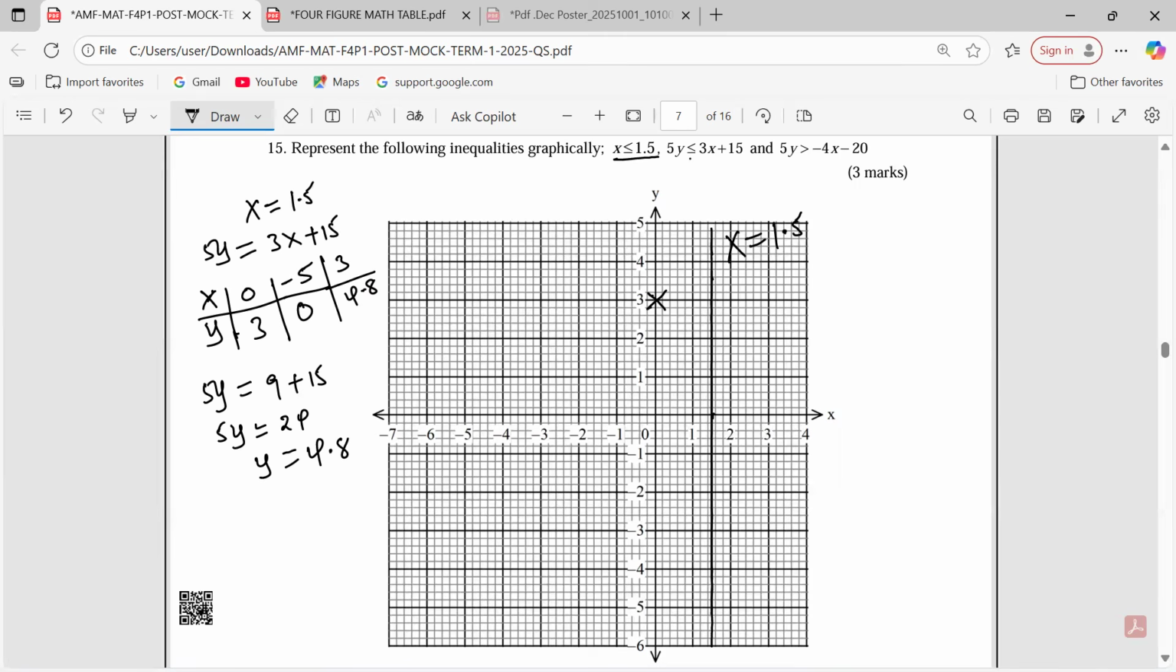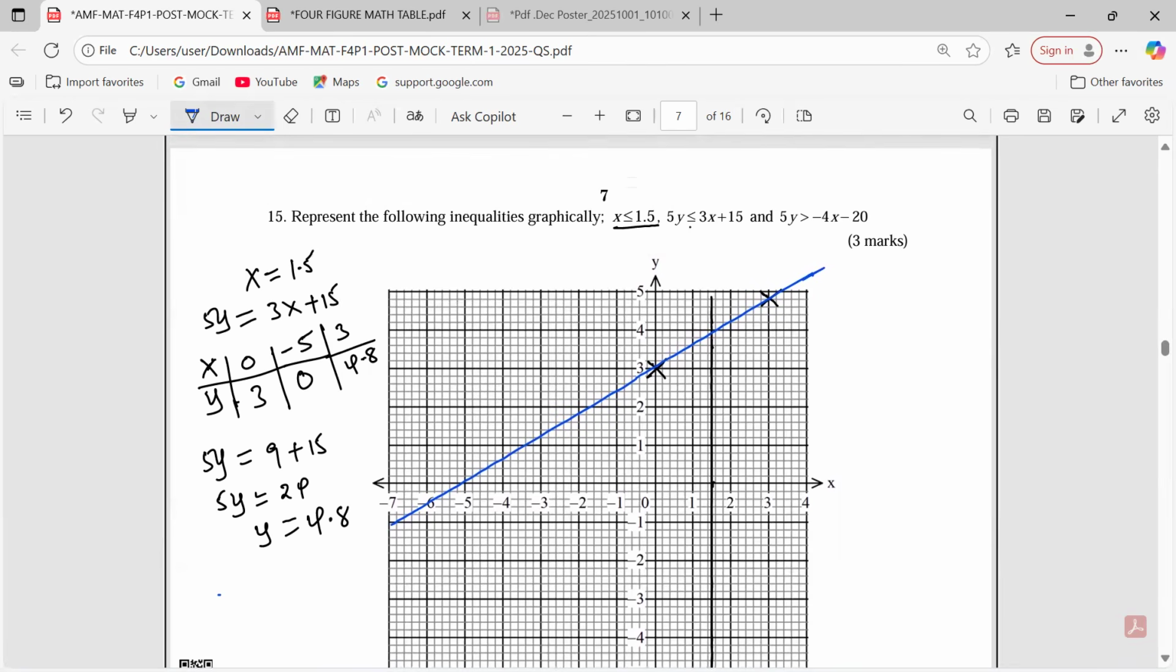So 3, 4.8 is a point. That is the coordinate. So we can draw the line now. So we have said it's a complete line. Let's look at that. The last one,